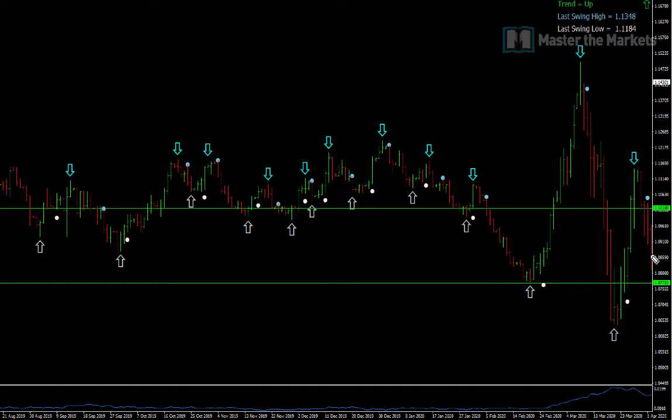Why is that? Quite simply because the last swing to be broken is a low. This was the last swing that was broken just here. You can see that this swing here has not been broken by the current price, and this swing here also hasn't been broken. The last swing that was broken was this low just here,